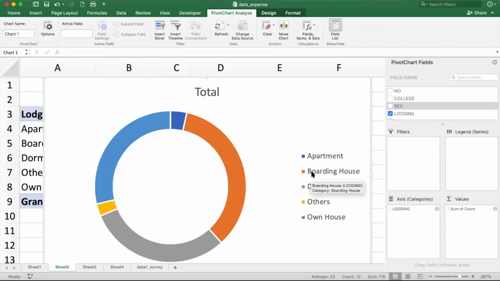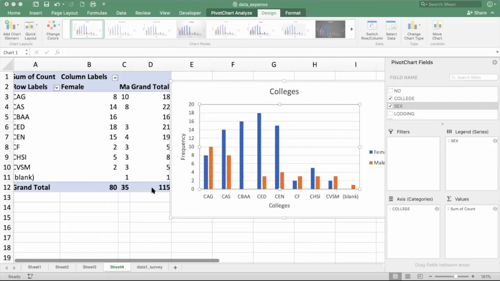So, ang pinakamadami ay yung nasa boarding house, followed by yung naka-dorm and own house. Ito, konti lang talaga. So, yan. Hindi natin explore lahat ng graphs. Okay, now we will go back to our data. Pakiclick nyo ulit yung